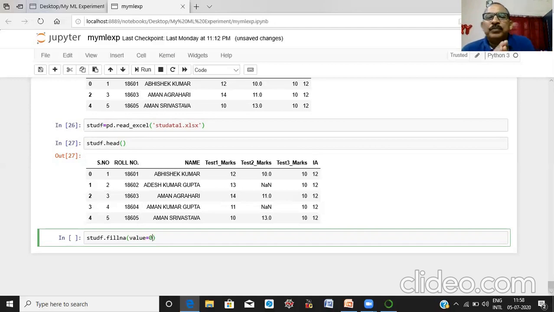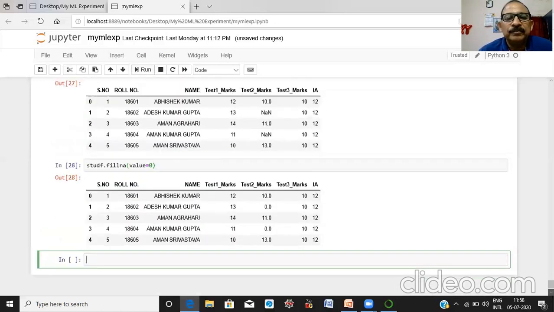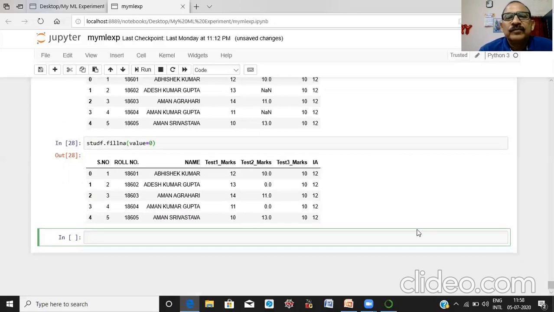Here our purpose is to replace all missing values in our data frame with the value 0. Let us see. Okay, here you can see on your screen the missing values are replaced by the value 0. Okay,